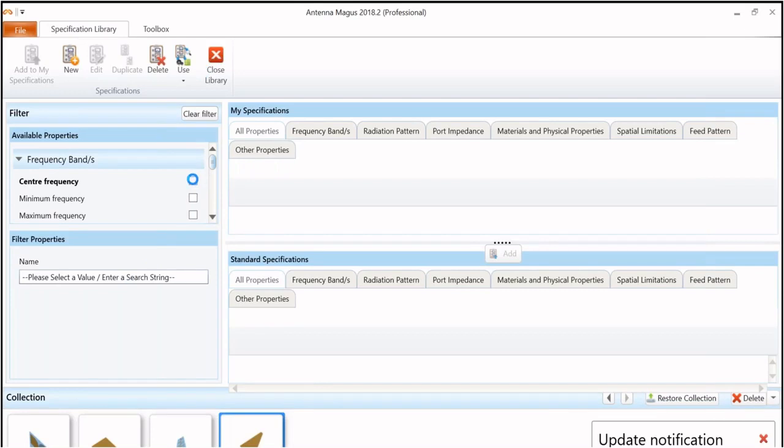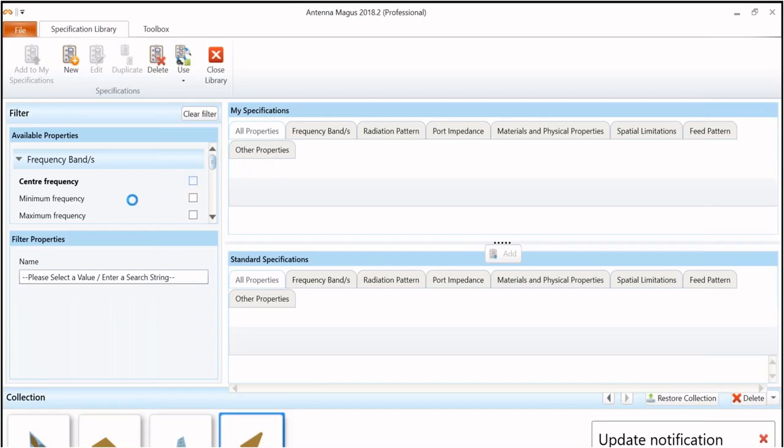Sir, can we assign different materials for any antenna in the software, sir? Yeah, you can assign. That option is also available. A material library is there. Suppose your antenna is multi-layer. One layer you want to have FR4, another layer something else, and another layer something else. You can have that. Some models are already given for our easiness. Apart from that, if you want to create a new model, you can do that from this specification library.